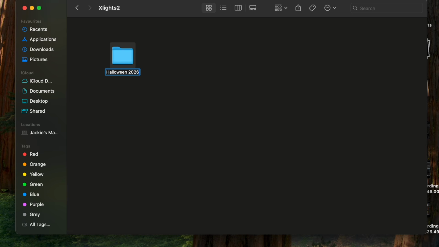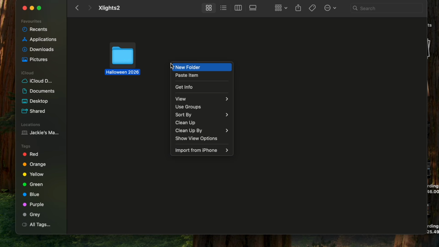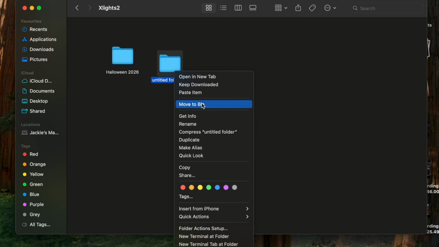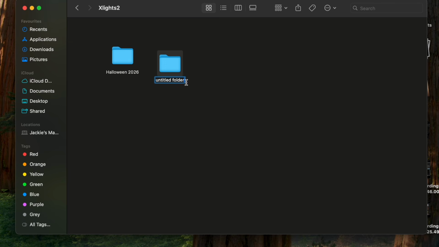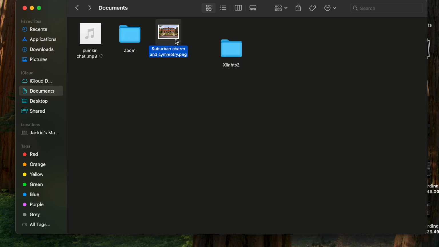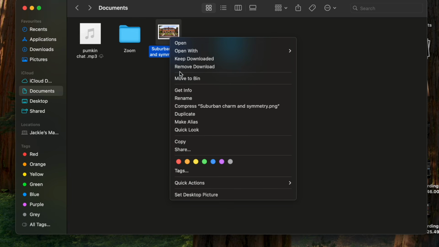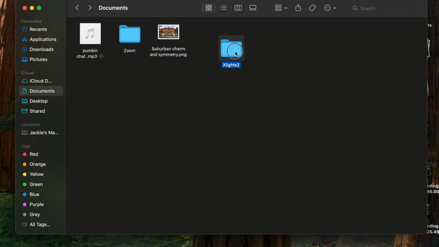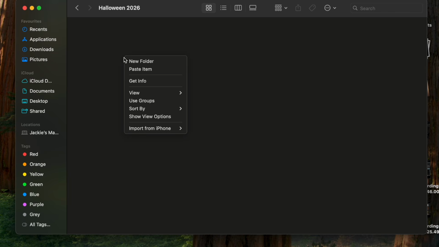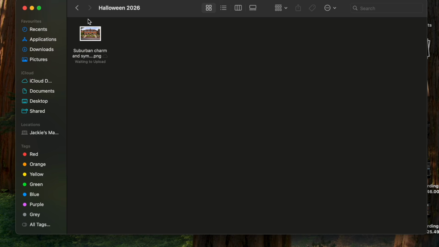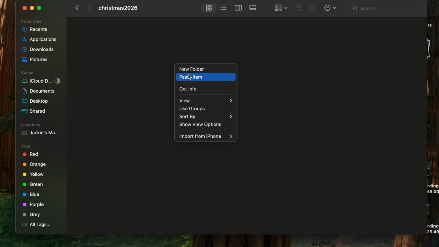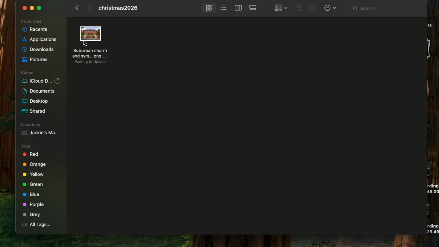So Halloween 2026, and another folder, Christmas 2026. Then what I'm going to do is, this picture that I had saved to my computer, I am going to put it in both of them folders, Halloween and Christmas, so that both my Halloween and Christmas have got the picture in that I'll be using. Once I've done that,